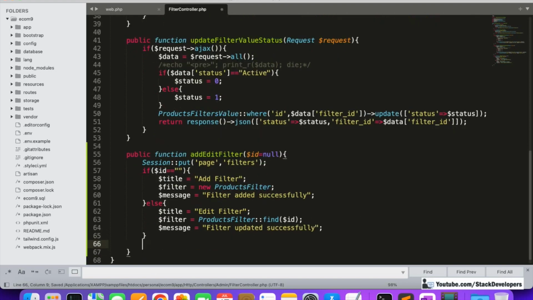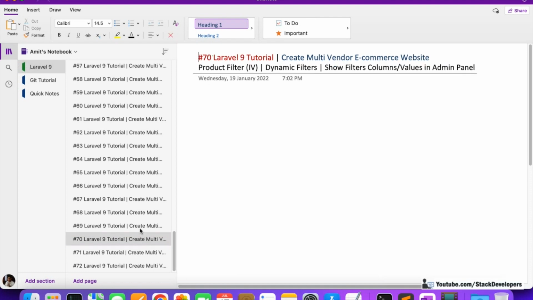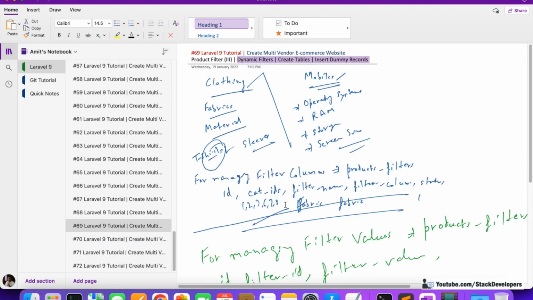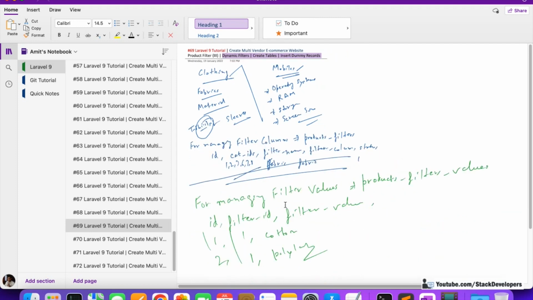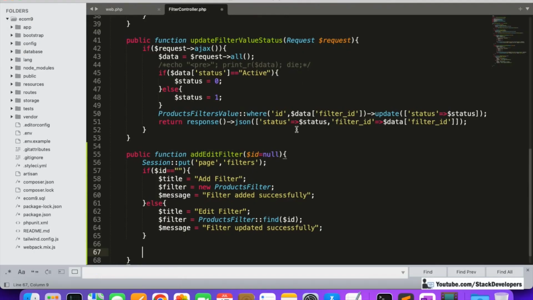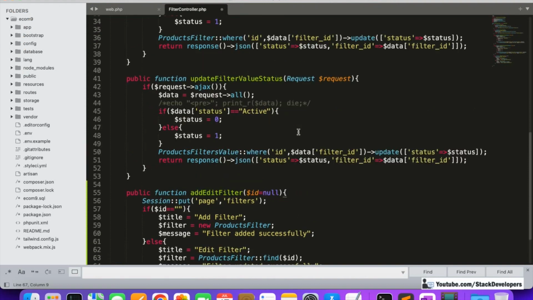One more thing we are going to do: we require all the categories here to show, so that we can select the category while adding the filter. Like I have explained earlier, every category can have a specific filter. You can see here, clothing has the fabric, material, sleeve filters, mobiles can have operating system, RAM, storage, screen size kind of filters. So we are going to add that select category option as well